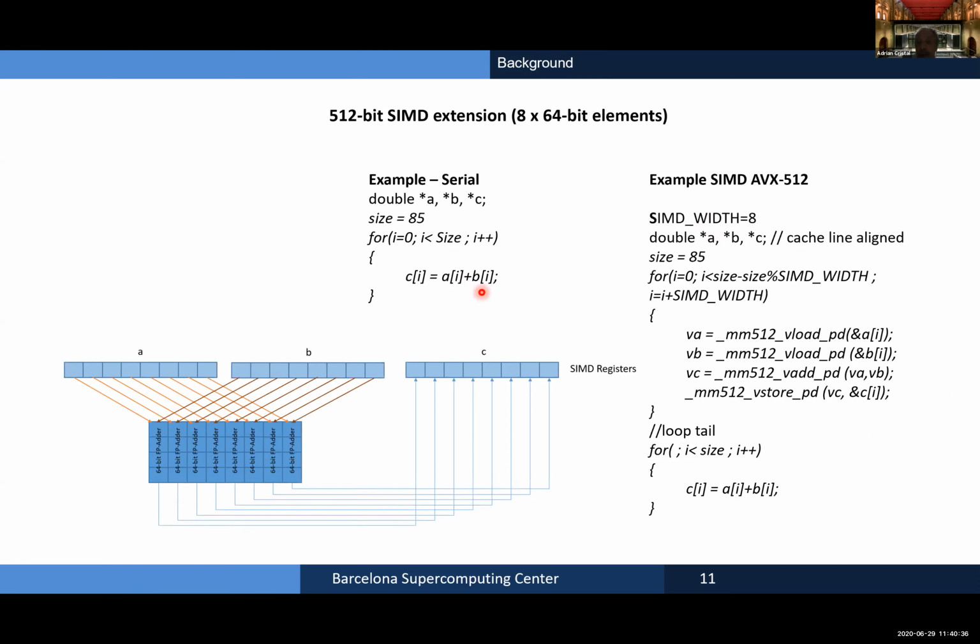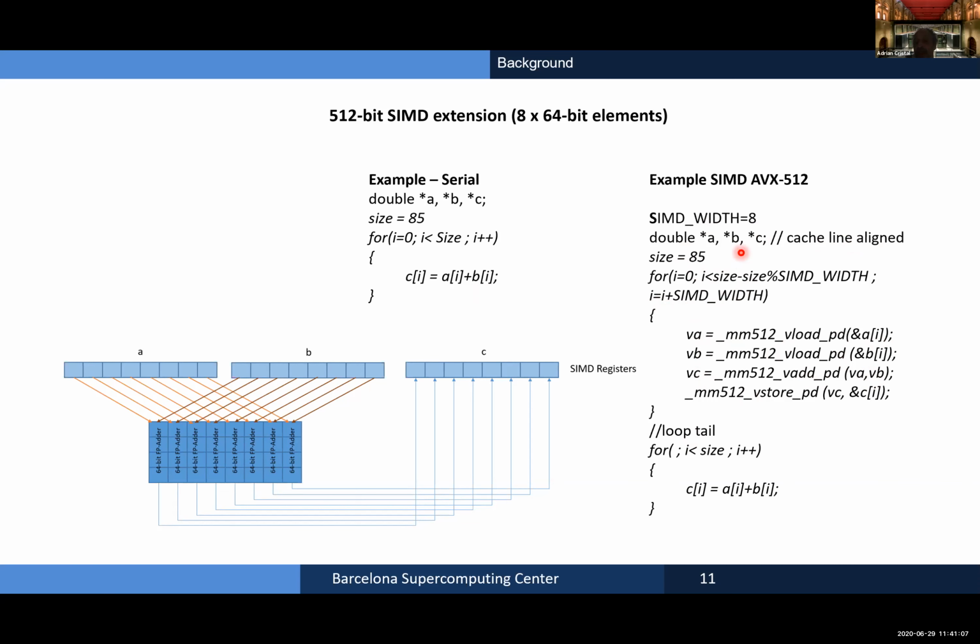We assume that it's cache aligned, so we start from the first address. We load the vectors, do the operation, A plus B into C, and then store C. At the end, after we finish the chunks of 8 values, we need to do the work in the tail.